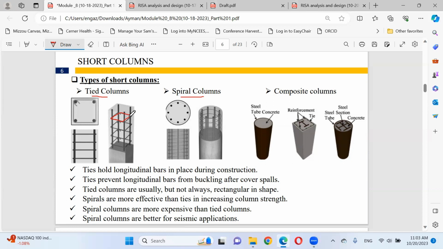They are not continuous through the height of the column. They are provided with an equal spacing. In the second one, we have spiral reinforcement, one piece rounded around the vertical reinforcement, like this.